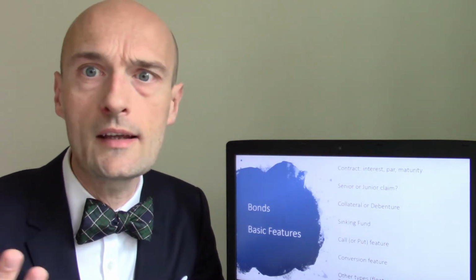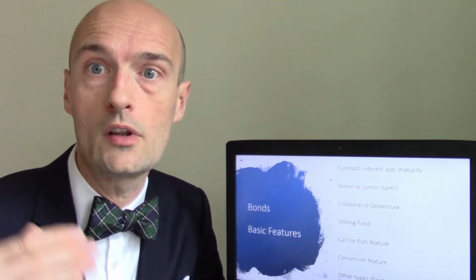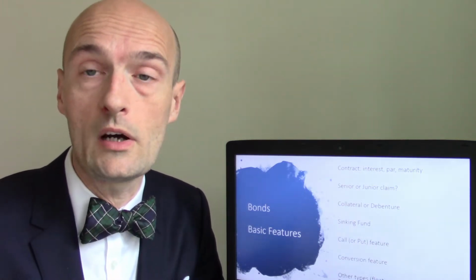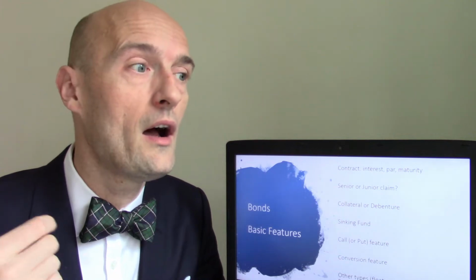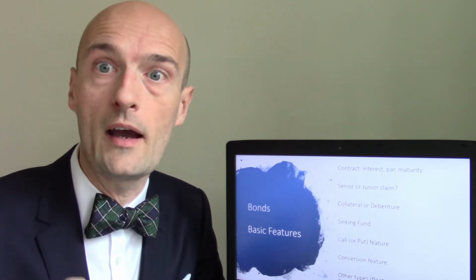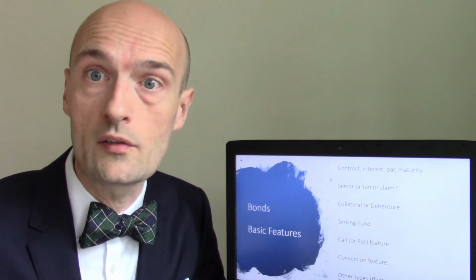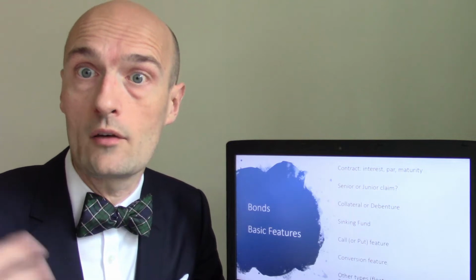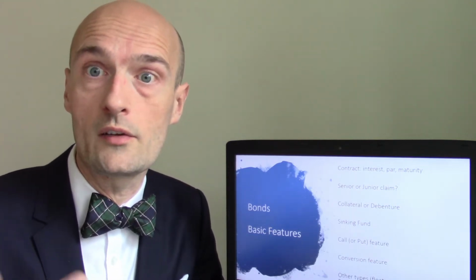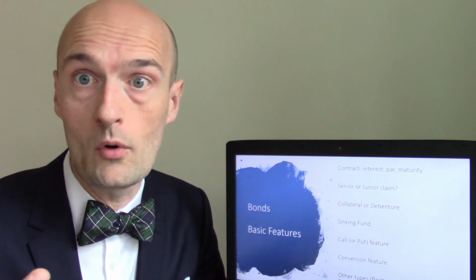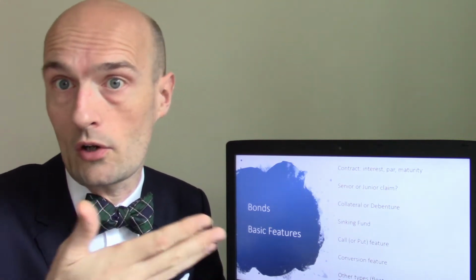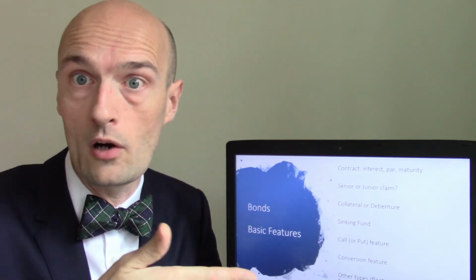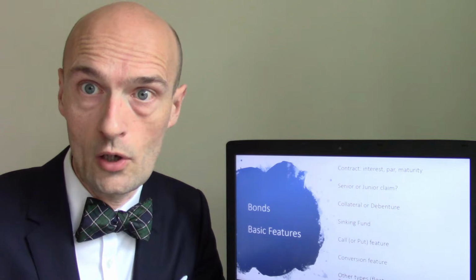Now, an example of a callable bond is often an awful lot of mortgages are callable. And that really just means when someone borrows money in order to buy a house, they take the money and they buy the house. But we'll say, for example, if interest rates fall a lot, that borrower is often able to pay off that mortgage and refinance at a better interest rate. So that would be a callable loan, a mortgage would be. And so a bond can be structured similarly where it's callable. And so if interest rates go down, the borrower is able to refinance at those lower interest rates and